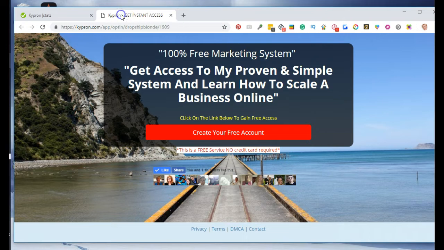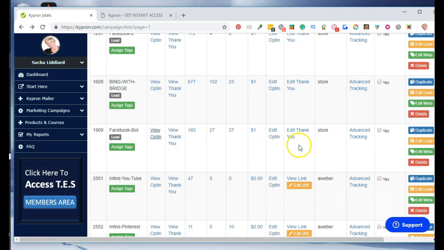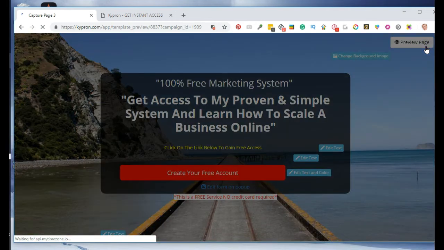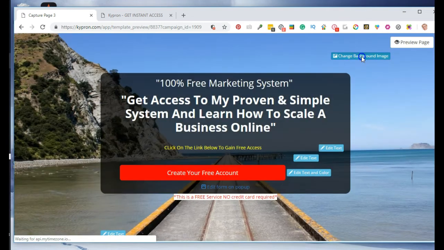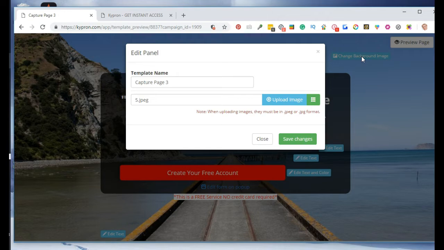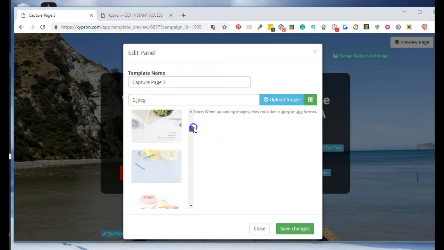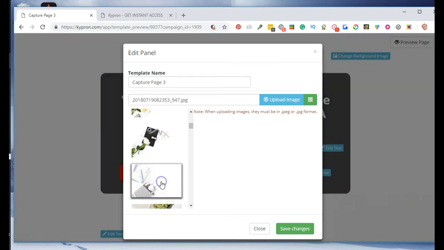So if I go back to here, you can just see how easy it is to edit. You click on the edit page. And you can change the background image if you want to. So you can upload a new image, any background image that you want. I can show you how to get hold of stock photos for that. That's really easy. So I've got some here that I've downloaded. I could change it to this one here, or I could